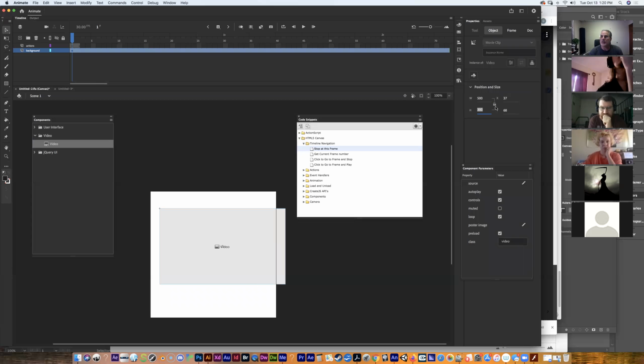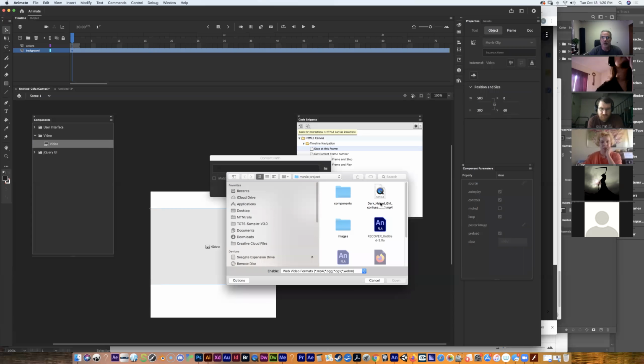Right now this lock is off, so it's staying 300 tall. But if I clicked on the lock, I could make it so that it would do it proportionally. Well, let's just leave it like that, right? Okay, so now if I go get the video by clicking on source and choosing the dark-haired girl,